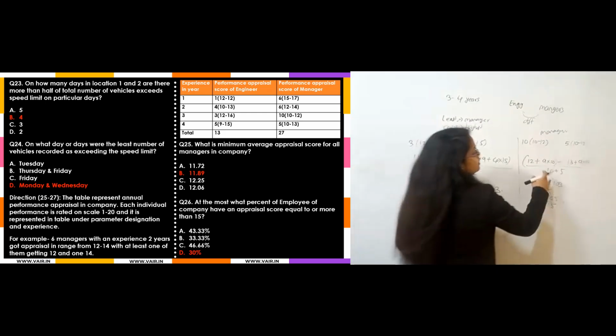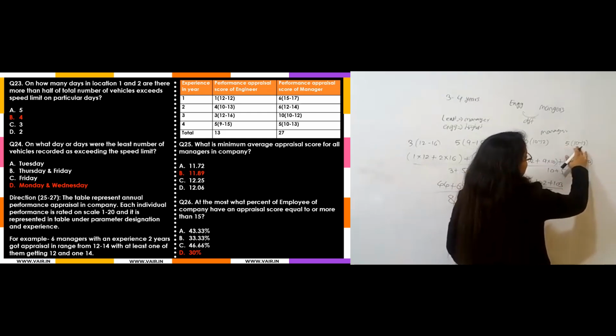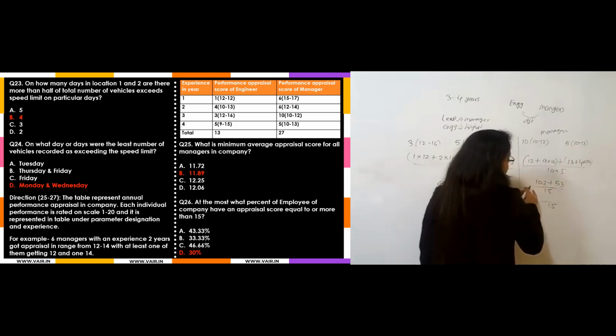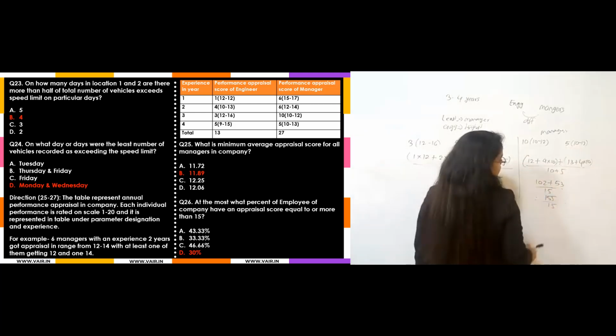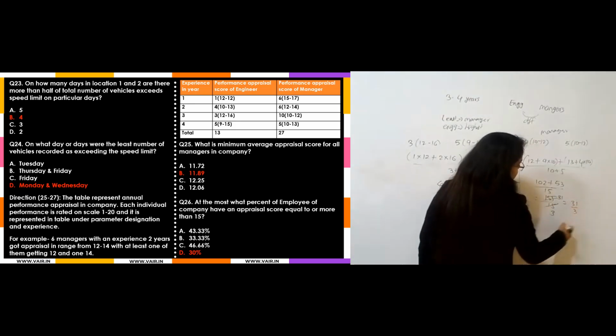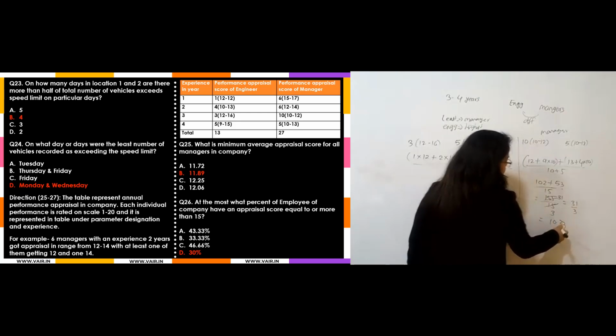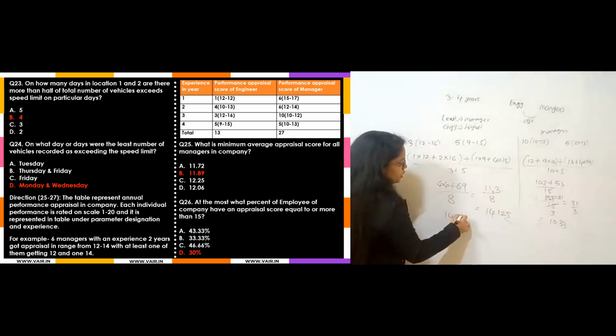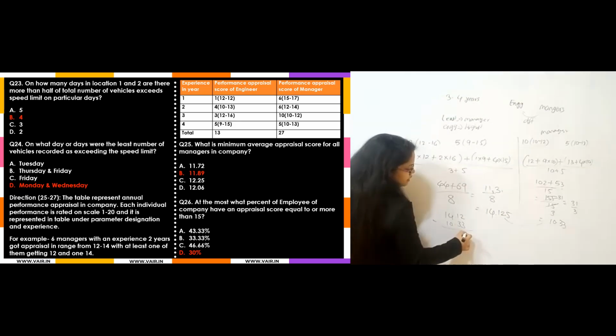Okay, sorry. What I know is that the remaining 4 are here, right? Remaining 4 means it will be 40 plus 13, which is 53. So it will be equal to 155 by 15. That means 5 3s are 15, 5 1s are 5, so 31 by 3 will be 10.33. So at most what can be the difference? 14.12 minus 10.33. 12 minus 3 is 9.